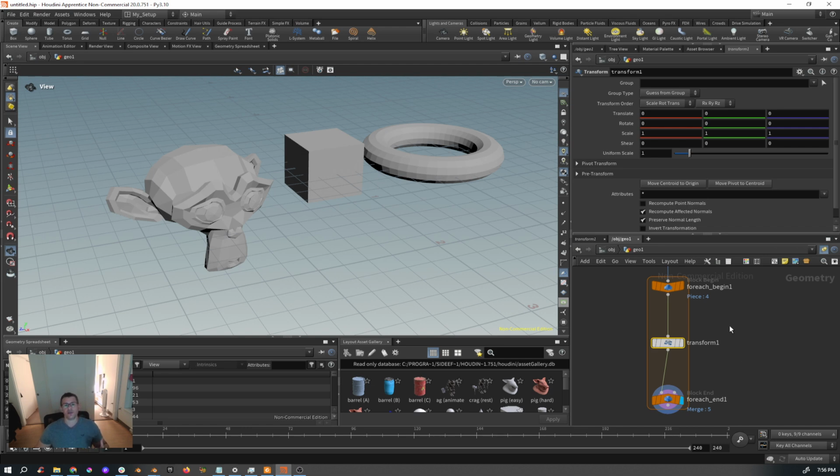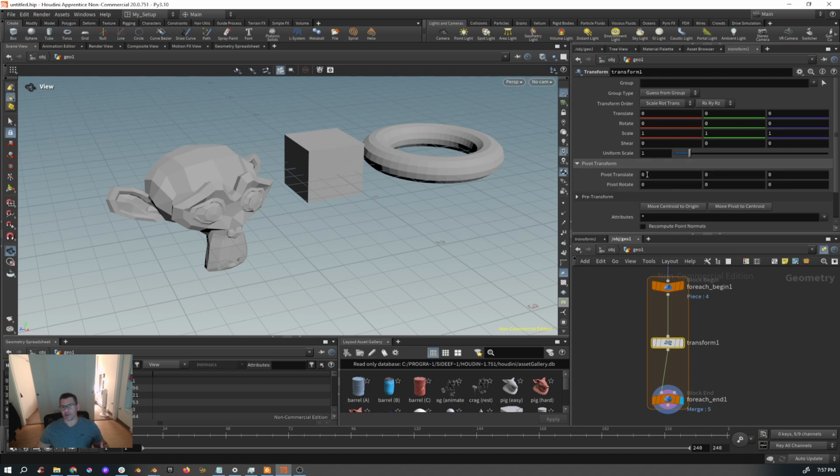But we just need to tell this transformation what the pivot is, okay? What is the pivot? And Houdini has a very simple expression, which is dollar CEX,